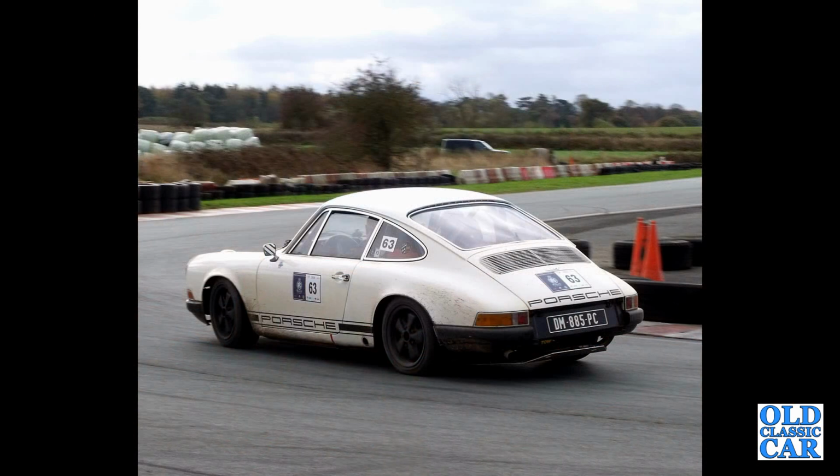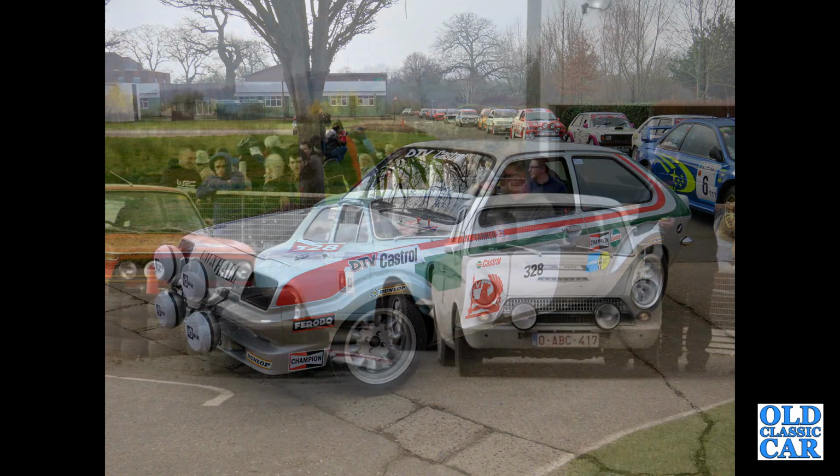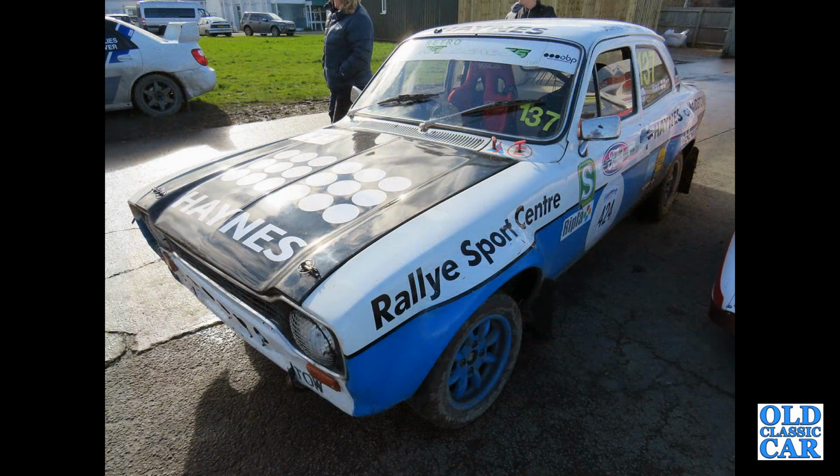And a left-hand drive Porsche 911. Vauxhall Chevette HS or HSR. Trio of classic rally cars there, Lotus Cortina Mark I, Escort Mexico and a BMW 2002. And we've got a Mark II Mini Cooper, Mark I Escort,